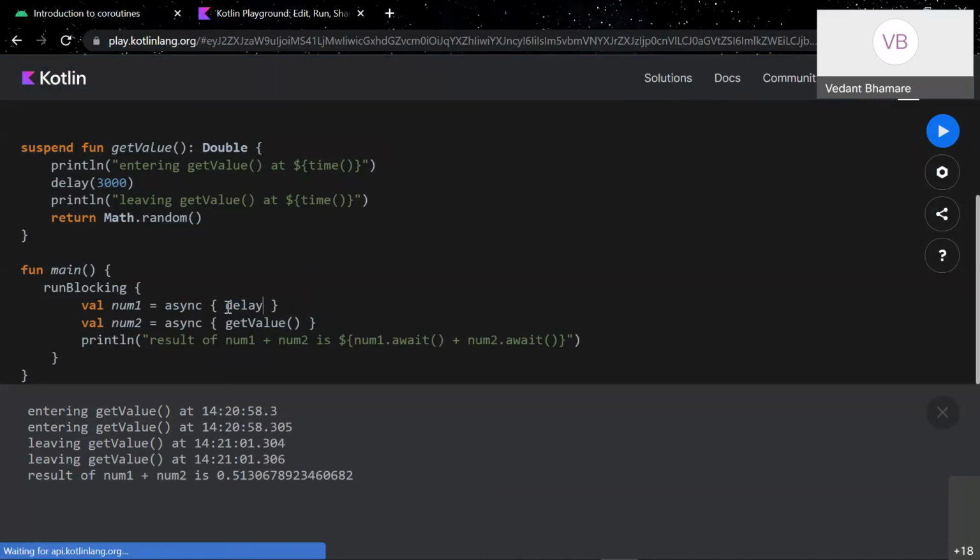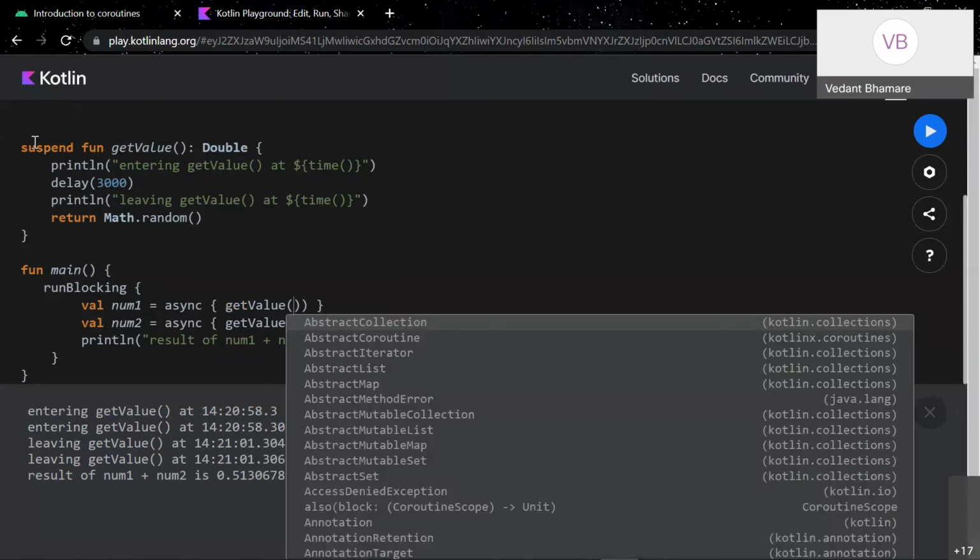Delay and these functions are already coroutine functions, provided by Kotlin itself. In the Kotlin library, this is already defined as a suspend function. But whenever you are writing some custom function like get value, then you have to mention that this is a function that has to be executed under coroutine scope only.